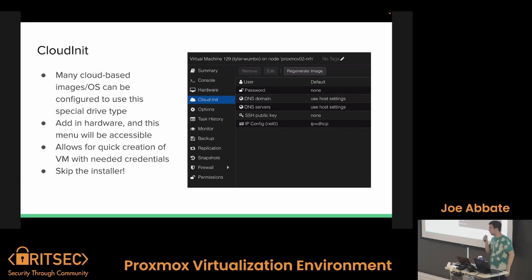CloudInit. CloudInit is very cool. If you ever mess with AWS or Azure, you've probably touched CloudInit. It is a way to specify a bunch of preset user options on a cloud-based image and apply it to the OS automatically. So, for example, you can specify a user, password, SSH public key, and IP config. And then when you create this VM, it'll automatically create it with this already installed. You won't have to reinstall the OS or anything like that. It'll just start up right away with these configurations set. Skipping the install is good when you're trying to install a bunch of VMs at once because you don't want to sit through the Ubuntu install process 5